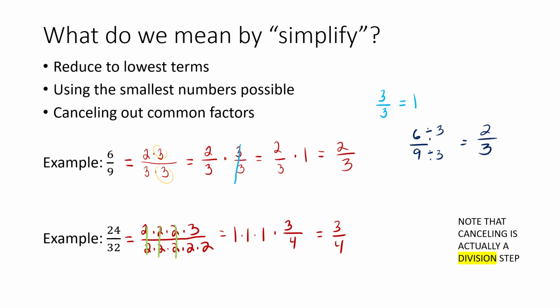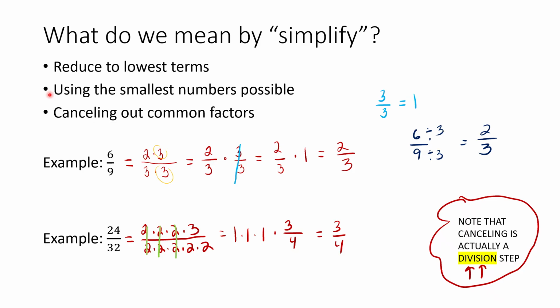I actually have tried to steer myself away from using the words cancel, because I will have students draw lines through things, but not actually understand why certain things are canceling. So in this case, they are canceling because they divide out to a 1. And so you end up with all these times 1 times 1 times 1. Now, note that the canceling is actually a division step. Okay, because we're doing 3 divided by 3, and that 3 divided by 3 is 1, and then 1